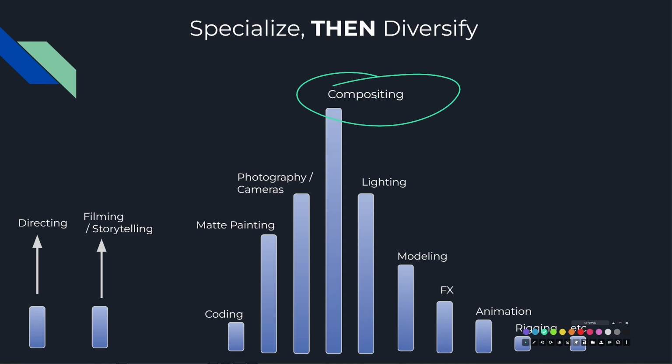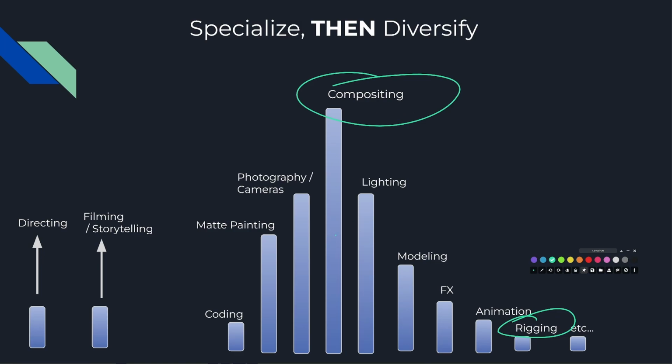So typically it's good for a compositor to learn a bit of photography and lighting at the same time because it's very closely related. It wouldn't be the best thing, in my opinion, to be focusing on things like rigging if you're a compositor. I have a little bit of base knowledge there, but it's not something that interests me too much. If you're a visual effects supervisor, maybe you need to know a little bit more broadly on every single topic. But in terms of my general philosophy, focus on a specialty skill,